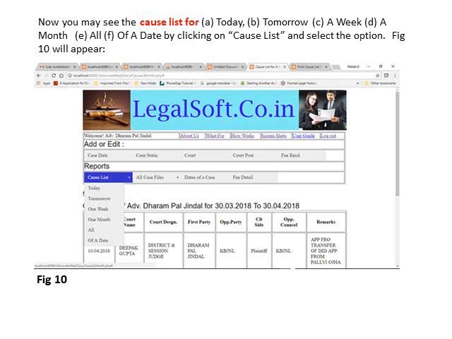the cause list for 30 March 18 to 13 April 18 is shown by clicking on 1 month, and you may see the cause list for today, tomorrow, 1 week, 1 month, all of a date as per your requirement, and here the cause list will be displayed.